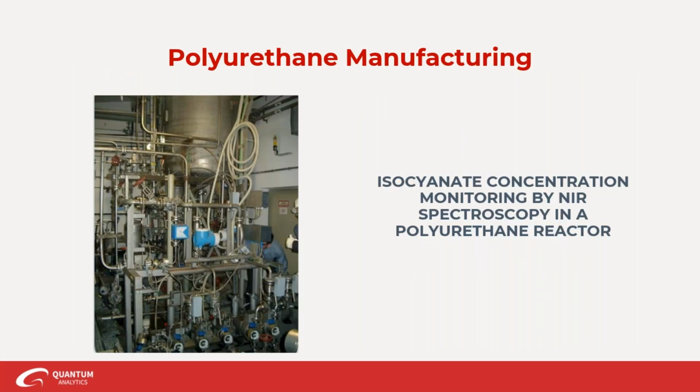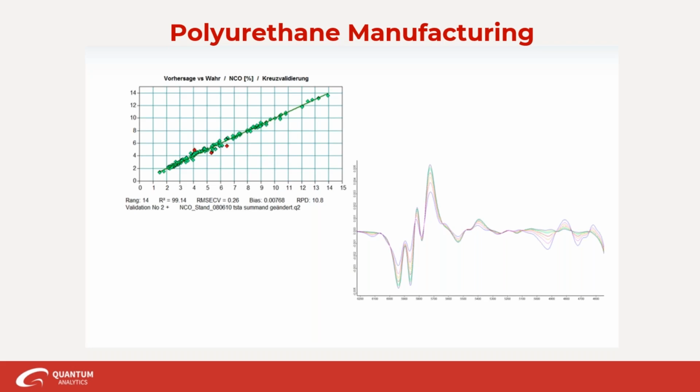And here we have an actual reactor where they are monitoring the isocyanate concentration in polyurethane manufacturing. So right here, what we have is from that application. On the right, we have the near-infrared spectra, and it's pretty easy to take a look at the spectra and see that clearly something is changing as the reaction is progressing. And then on the left is another one of the calibration models. Looks like this was done in Germany or someplace where they speak German from the words there, but you see the numbers and you see the plot fit,